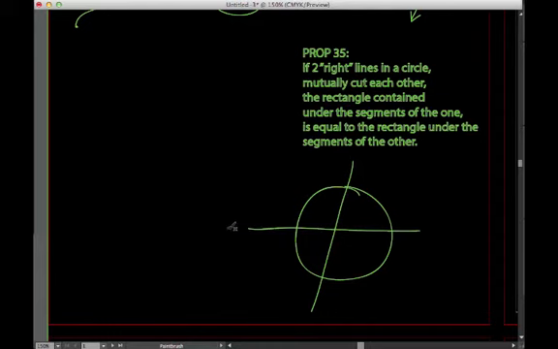Okay, that's a little bit off, but it's okay. And then we'll label these segments A, B, C, D. What this is saying is that the rectangle formed, because at the time of Euclid's Elements, instead of thinking